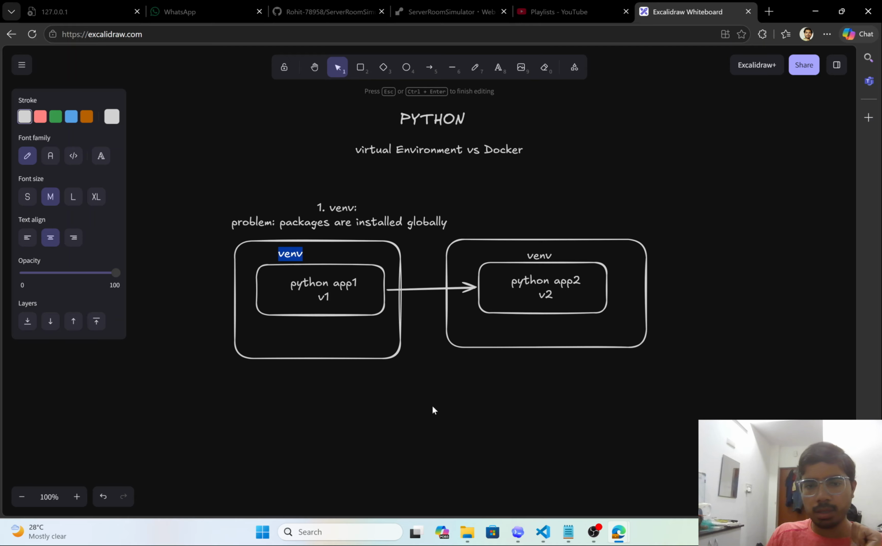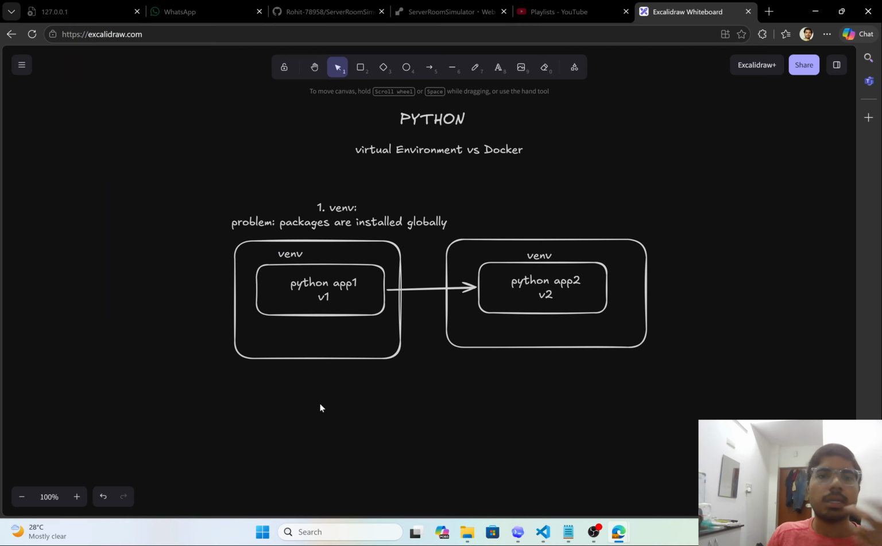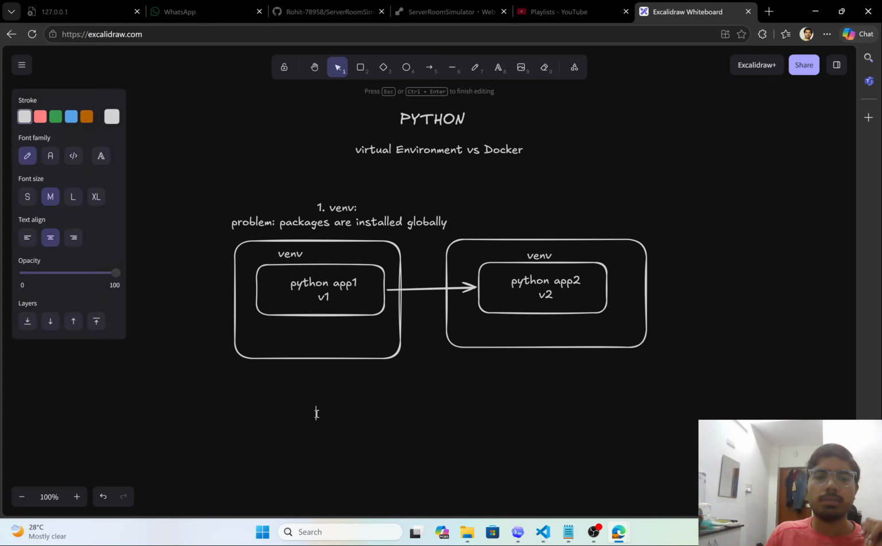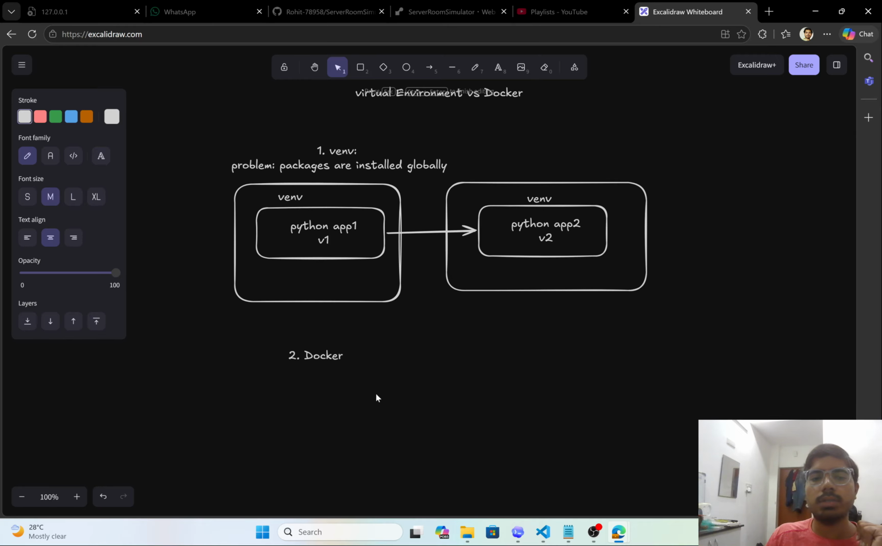Okay, so this is one thing. Now, what is the difference between the virtual environment and Docker? Let's first of all understand what Docker is and what the need for Docker is. So, second, we come up with Docker. Docker was developed. Suppose